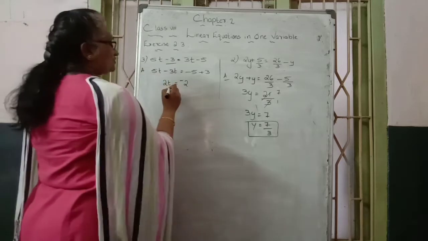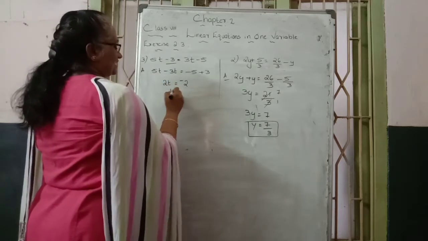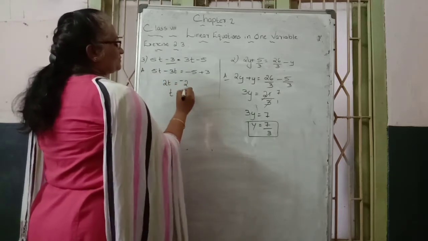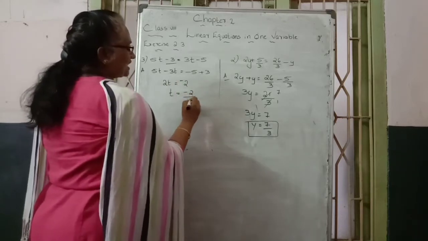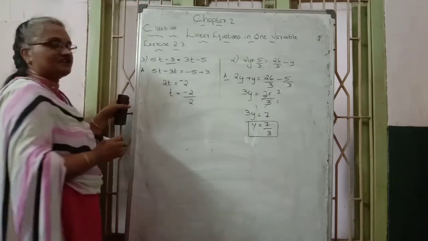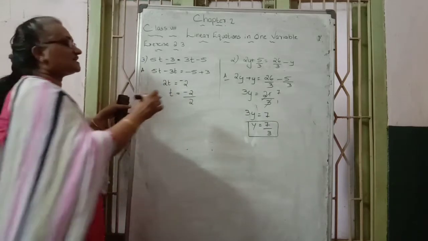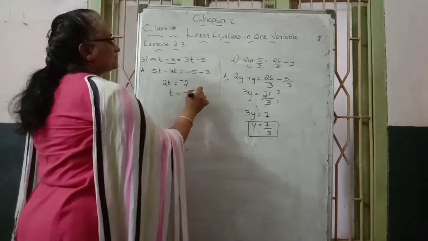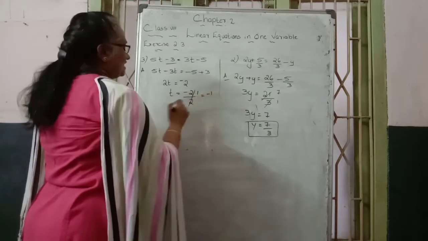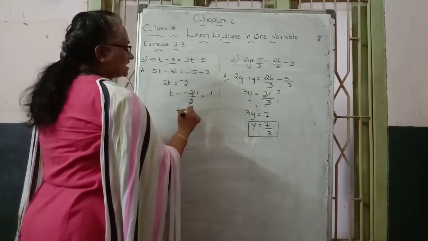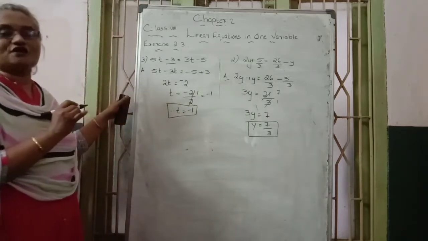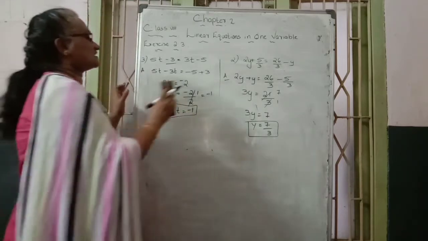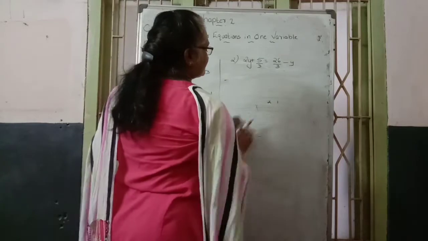Our aim is to find which value? The t variable. t is equal to minus 2 on the right side; the multiplied 2 goes to the right side and becomes the denominator. The same number cancels, so it becomes 1. But here a minus is there, therefore our t value becomes how much? Minus 1 is the answer. The t value becomes minus 1. I hope you can understand this problem.